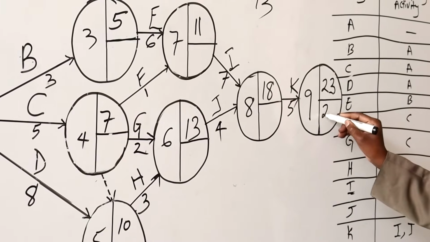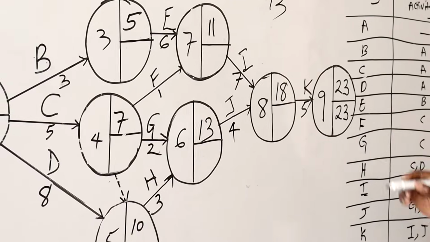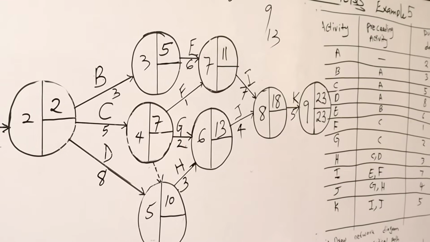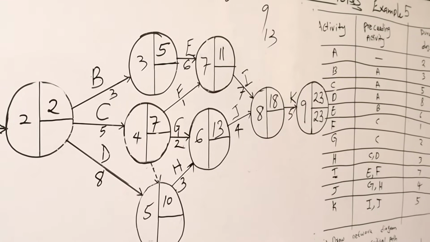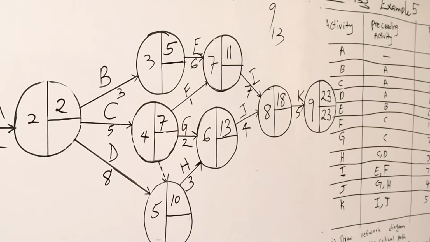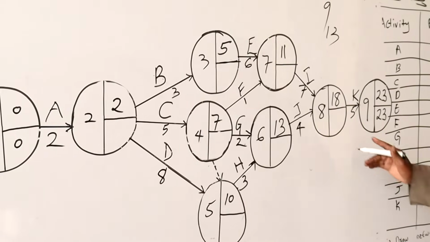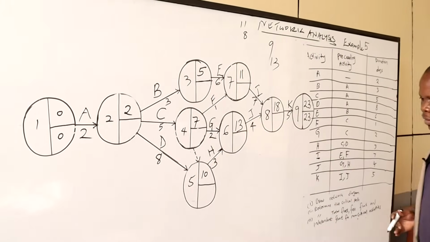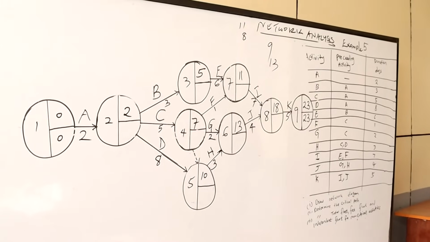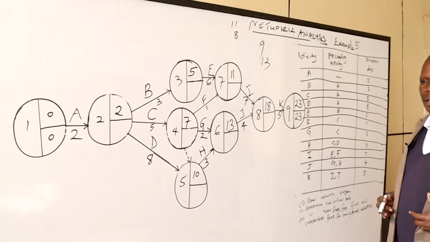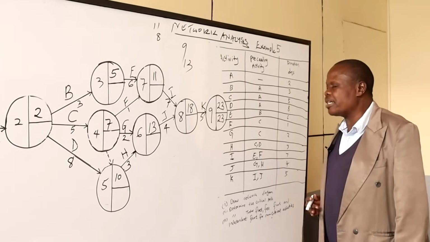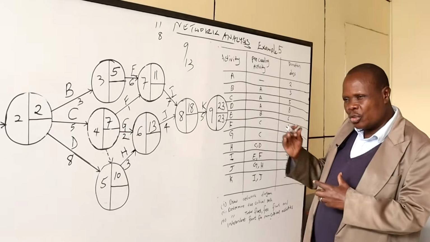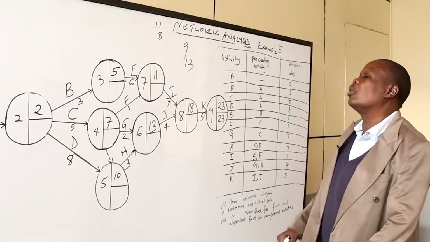So immediately you reach the last event here, its earliest time is equal to the latest time. There is no other event coming after this. That is how to estimate the earliest time, which I had said is also known as forward pass. We come to backward pass by filling in the blank spaces. That is, we want to estimate the latest time. In estimation of the latest time, I had said we subtract each activity duration from right to left, backwards, and pick the